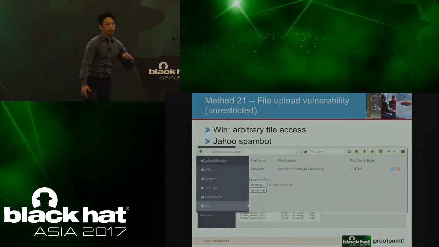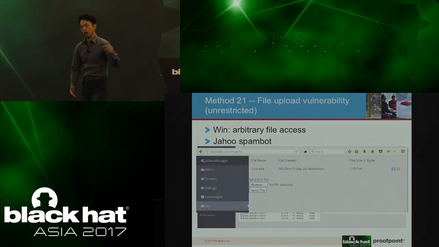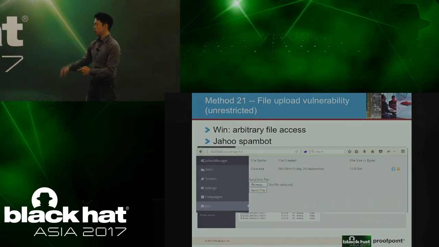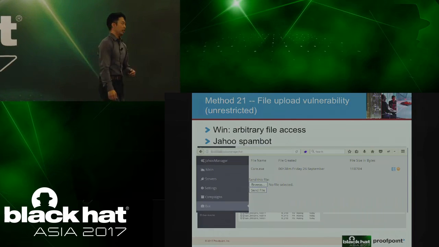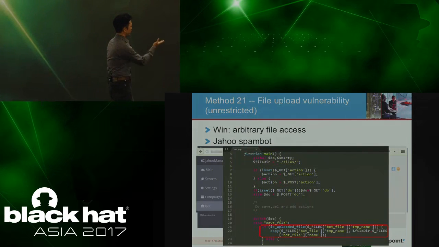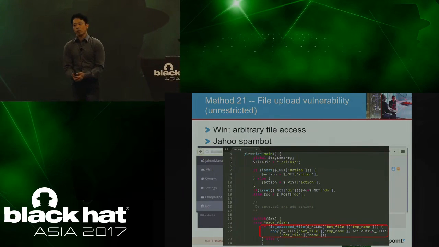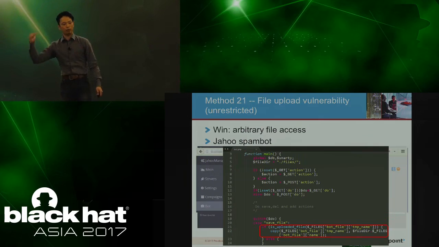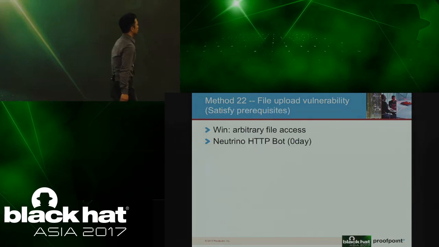It allowed the actor to upload newer versions of their malware binary onto this server for download. If you look at the code, it's unrestricted. They're not checking for the file extension, they're not checking for anything. So what you do immediately when you see that is upload a web shell and you're in. Another